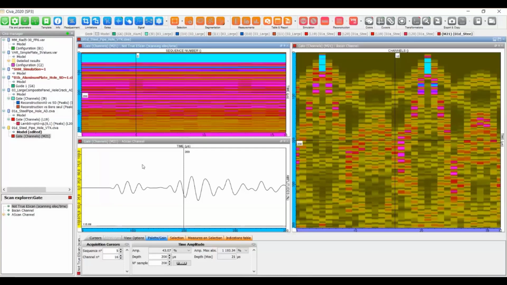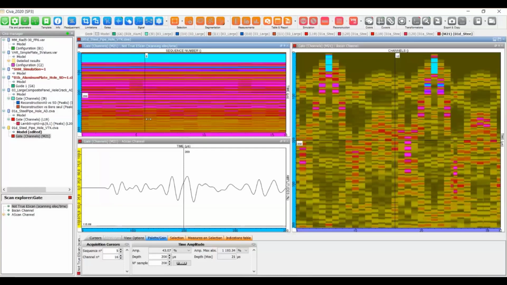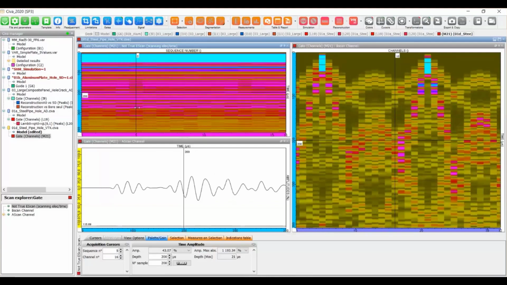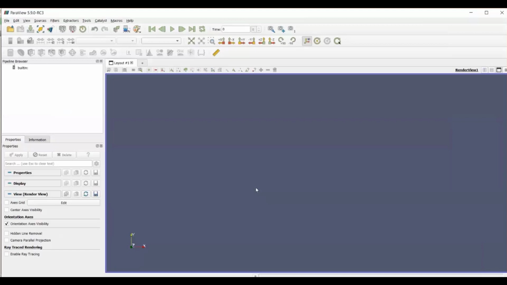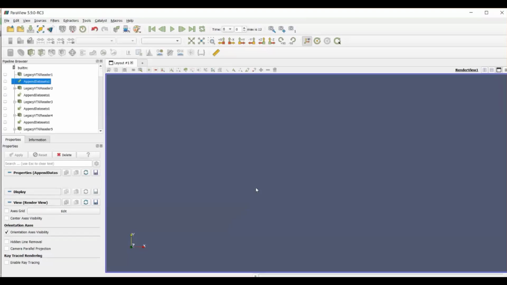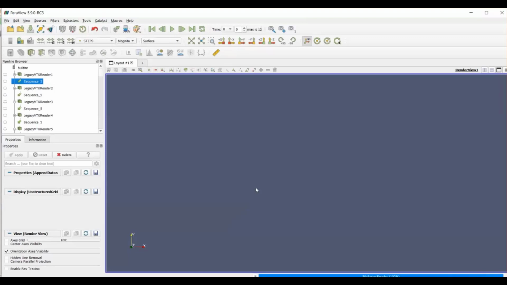So, for instance, here, still on my pipe case, you identify one of the sequences. Here, sequence 5, so sensor number 5 is the emitter, and to export that to ParaView, you just click here on ParaView Export VTK 3D, and it will launch ParaView and directly load the corresponding data to visualize wave propagations of your SIVA simulations.